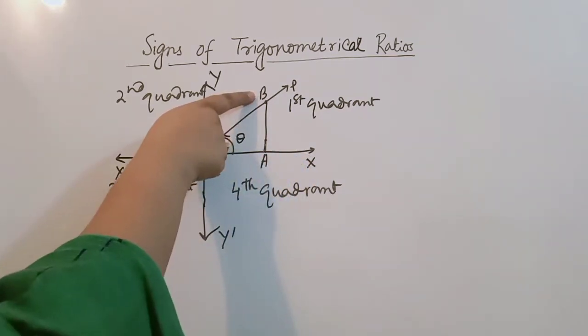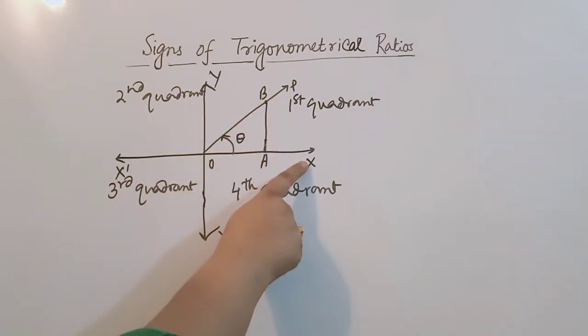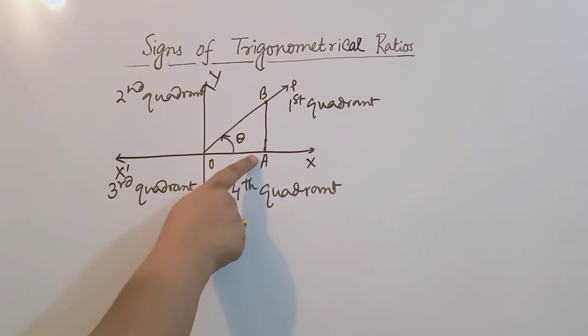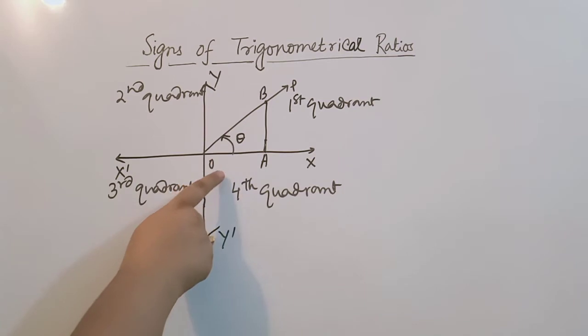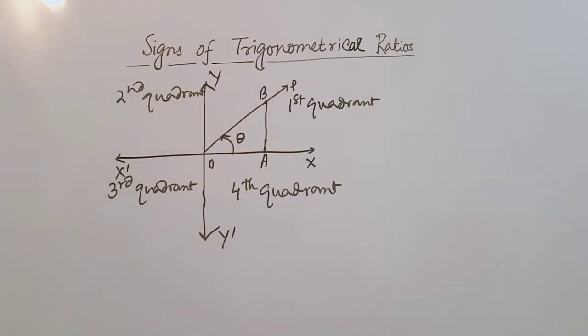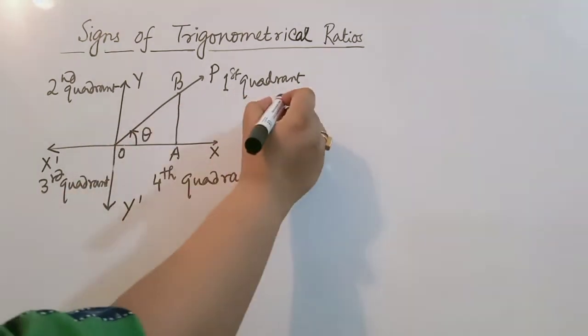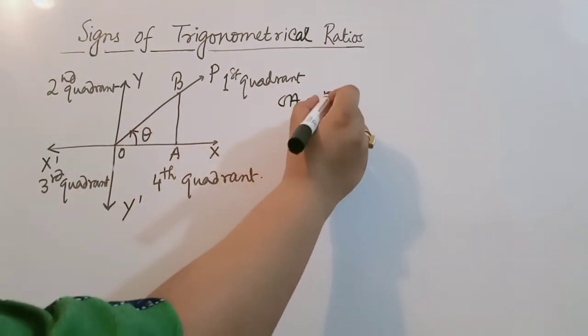Now fixed point B is taken on OP and from B a perpendicular is drawn on OX which cuts OX at a fixed point A. Now we will see that for this particular position of OP, that is for OP in the first quadrant, for theta in the first quadrant, how the signs of sin theta, cos theta, etc. change. So here we get that when theta is in the first quadrant, then OA is positive,